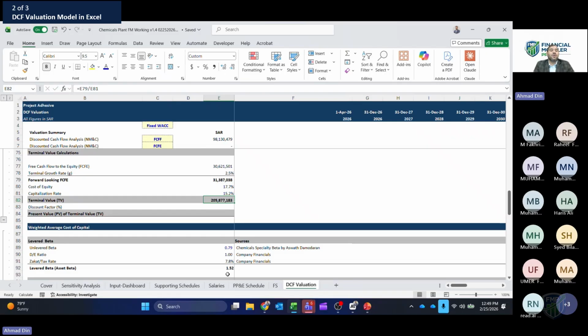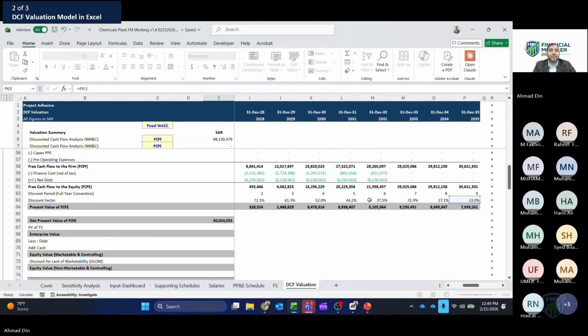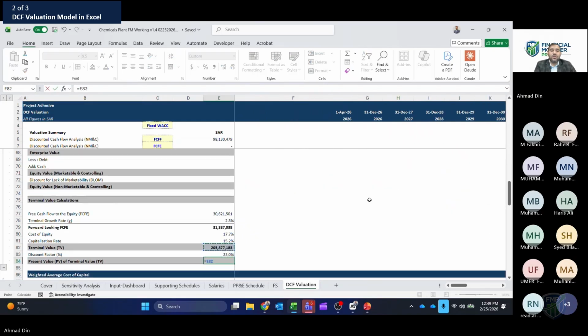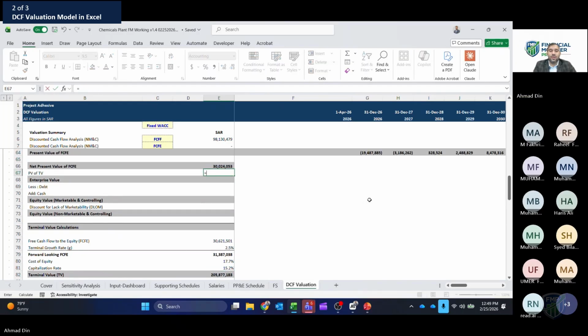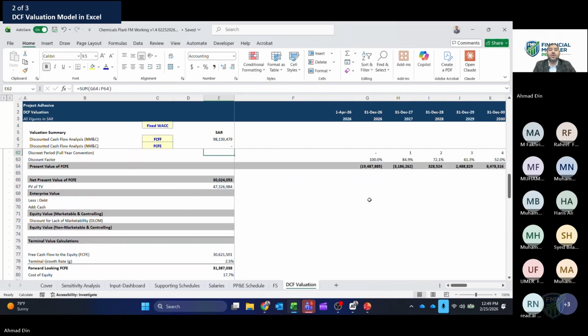Okay. So here we need to apply the same discount rate for that year. We already calculated it. Okay, so here we go with the terminal value. We have a terminal value of our FCFE. We'll link it with our valuation. So here